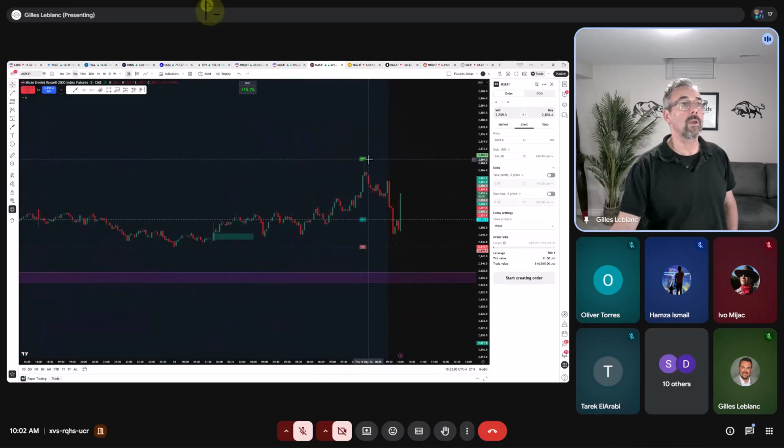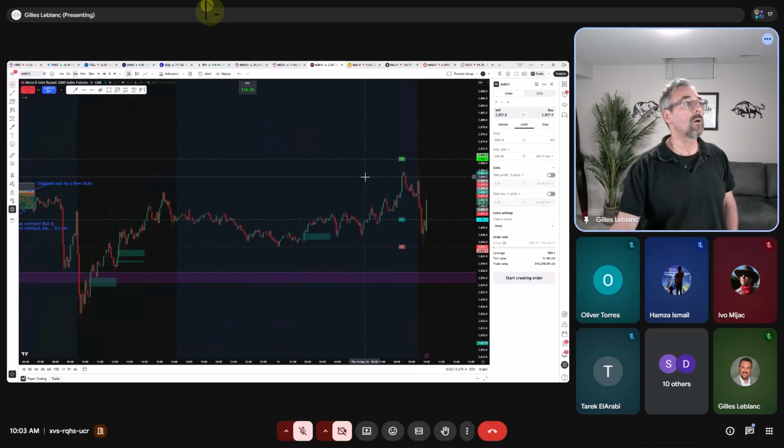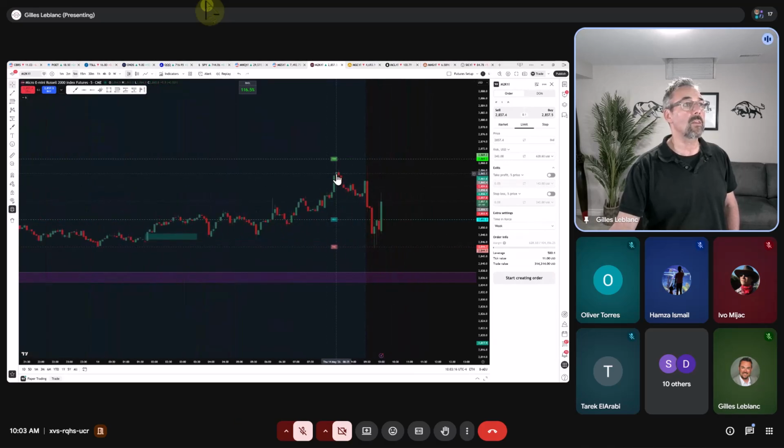What's going on with everything else? No direction on M2K. I don't see anything except for the rejection at the top here. This is an interesting rejection candle. Not according to my playbook, for a couple reasons. This is my Kangaroo Tail, but the body of the candle, from my trade book, needs to be within the body of the previous candle. Because this is showing very, very strong buying pressure.